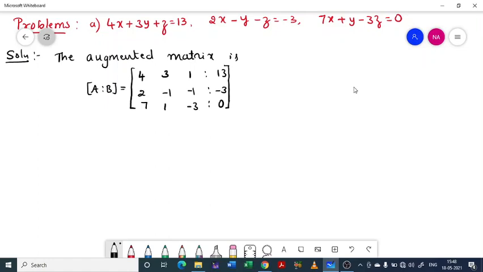Now we have to reduce this coefficient matrix to 0. In the first column, we have to make these two entries 0 by fixing this one. Whatever entry you have in this position should be taken as the reference point, and applying row operations suitably, you have to make these two entries 0. Then if you come to the second column, you have to fix the entry in this position.